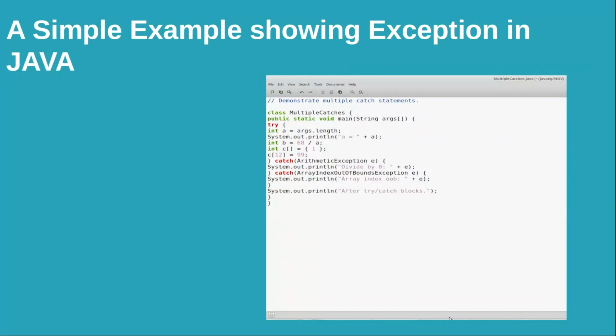Now int c = {1}. So we have just assigned a value. We have not given its size. The size of the array has not been assigned. You're just assigning the value 1 to this integer array c. And then c[12], that is, the 12th position in c, is assigned 99 as a